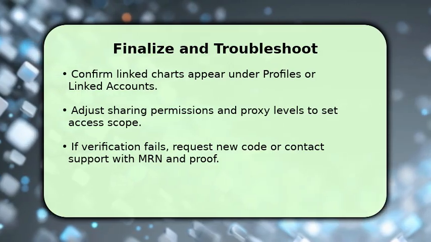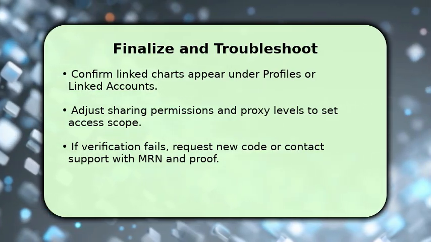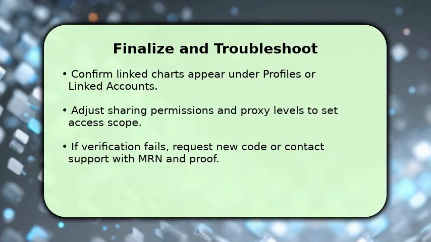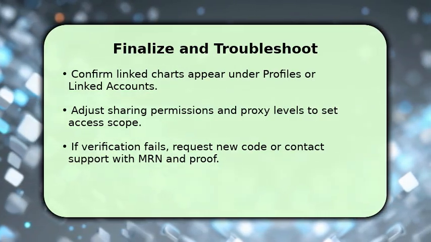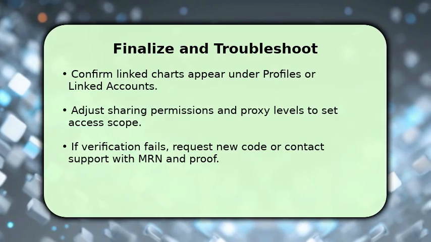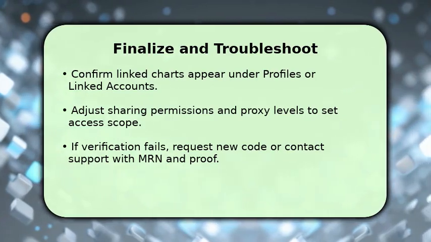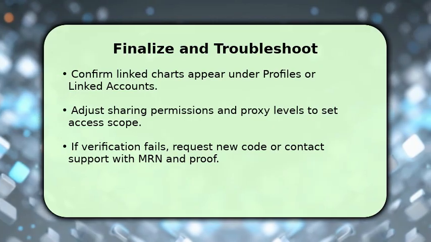If verification fails, request a new code and retry. Make sure the DOB and spelling exactly match the other chart. If problems persist, contact the portal's support team with the MRN and the secondary account's identifying info to resolve mismatches